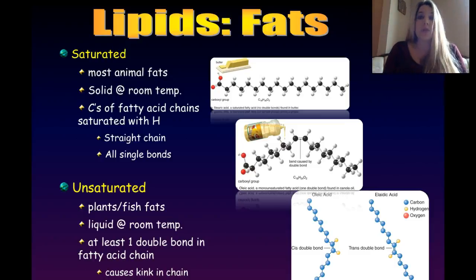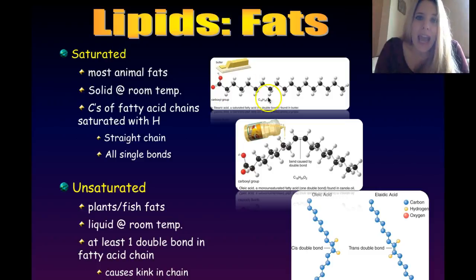Well, in general, saturated fats come from animals. And these actually can be what clogs your arteries. And here's why. So again, it's solid at room temperature, which means that it's easier at that kind of temperature to clog your arteries. But let's look chemically what's going on. So recall that fats are a polar glycerol head and fatty acid chain. And here is butter. And if we look at its actual chemical nature, this is stearic acid. And here's your glycerol head right here. And here's your chain.